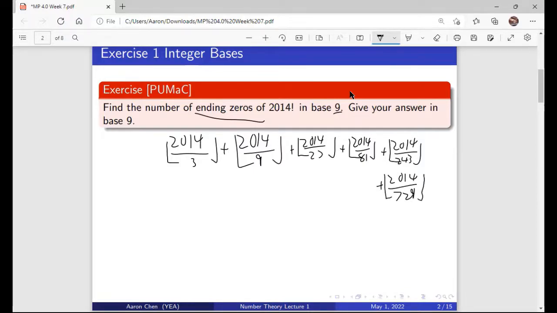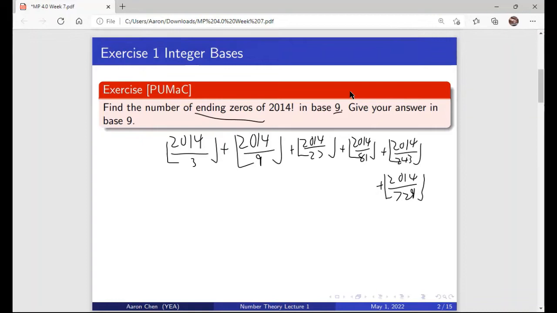And the reason you don't need to bother with anything else is technically this formula would go on to infinity, but at this point you can just stop because everything else past this point would be 0. So if you just calculate everything, these numbers are just